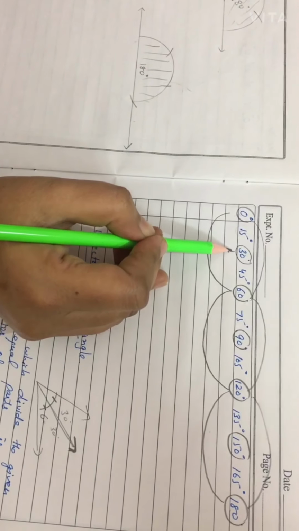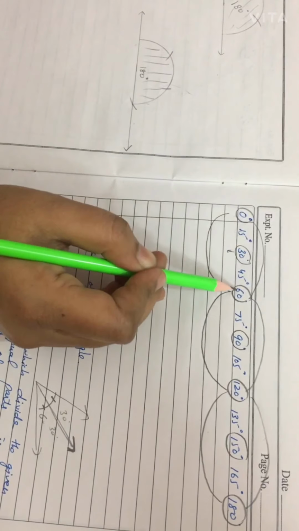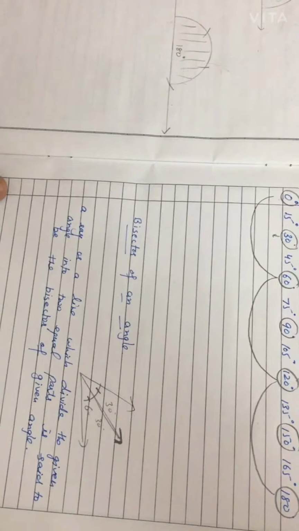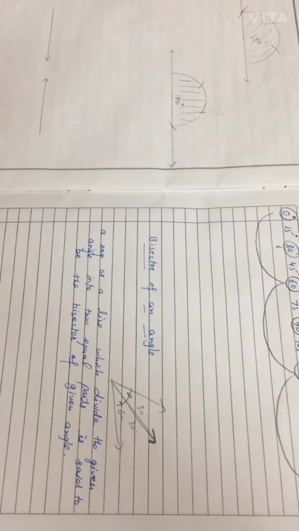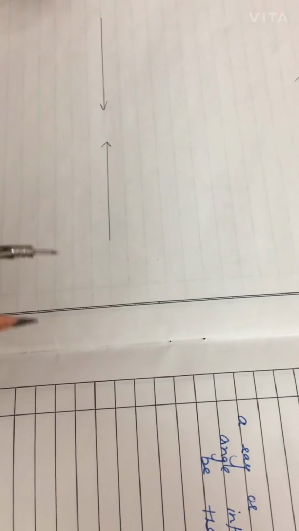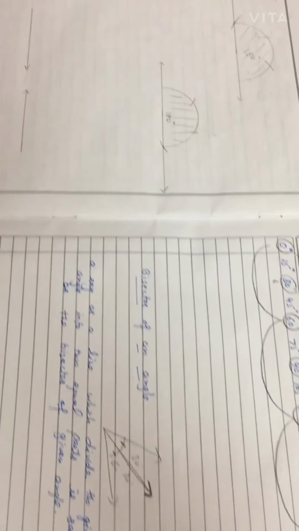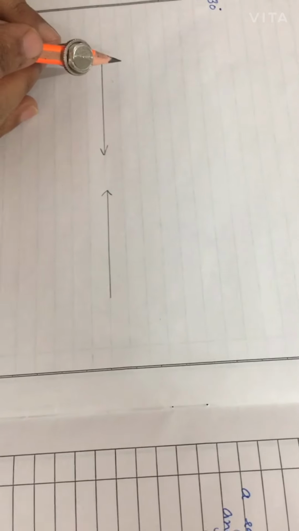So first we will construct the angle of 30, which is exactly between 0 and 60 degrees, by the concept of the bisector of an angle. Now we will learn how to make the angle of 30 degrees. So we will again make points on the left and right both. Open your compass as much as you want to open. When finding the bisector of an angle, you are not supposed to increase or decrease it. Once you have opened the compass, it will remain the same. So keep your compass here.